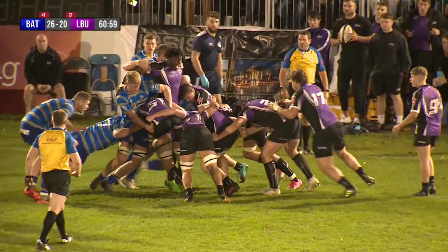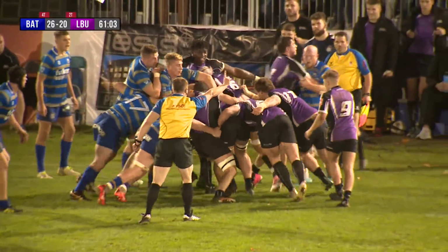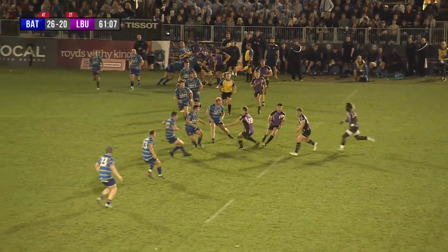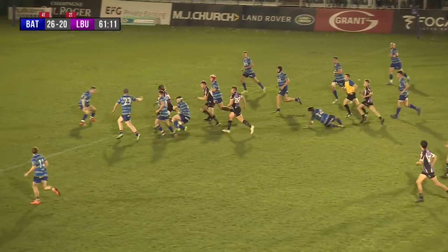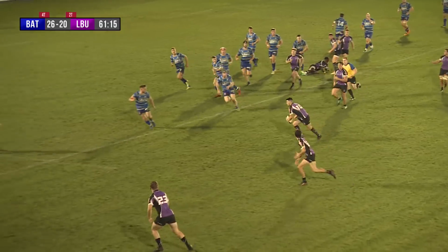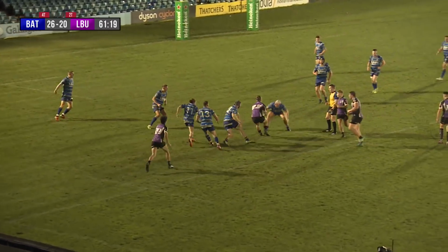They go to the front and they build one of those famous purple mauls. But Bath have been so good in the tight. They get no purchase, so they go to the back line, and there's the man I mentioned who came on, Dante van der Merwe, making an immediate impact, bursting through the middle, and Steph James goes wide to Harry Robinson,